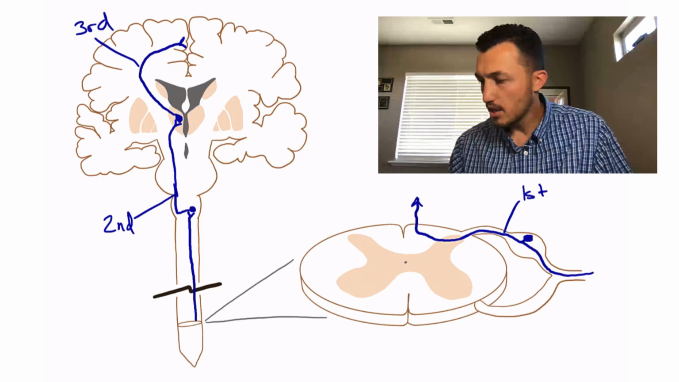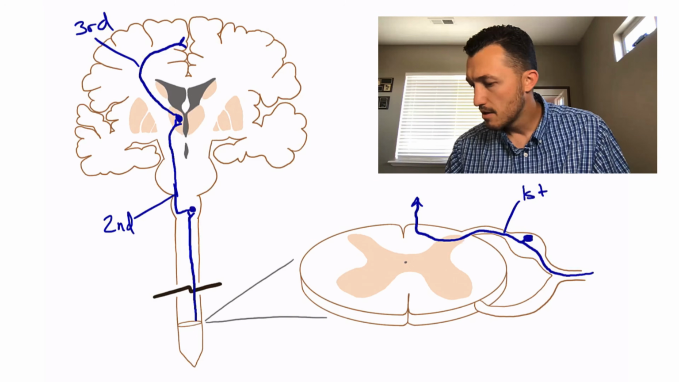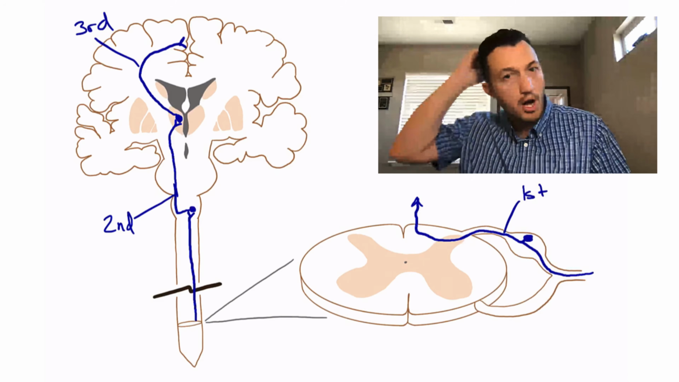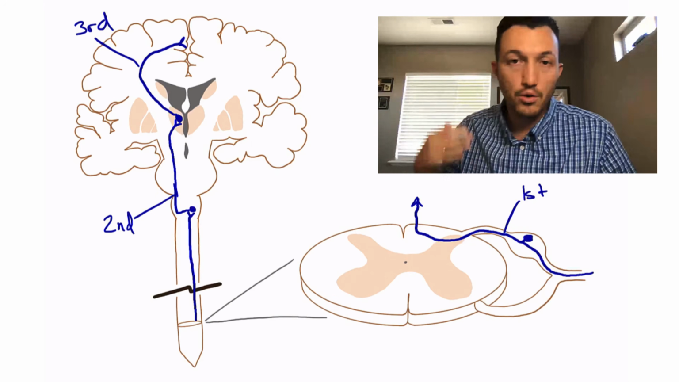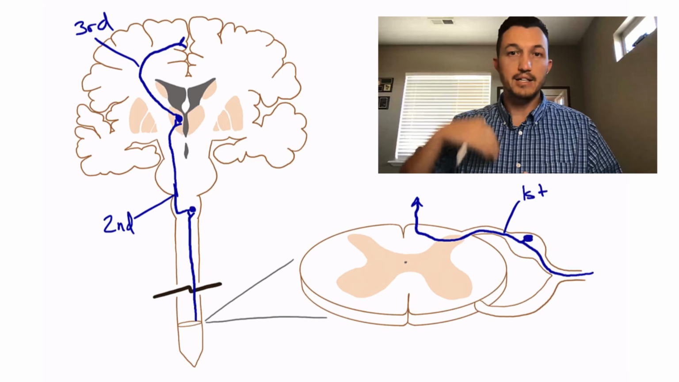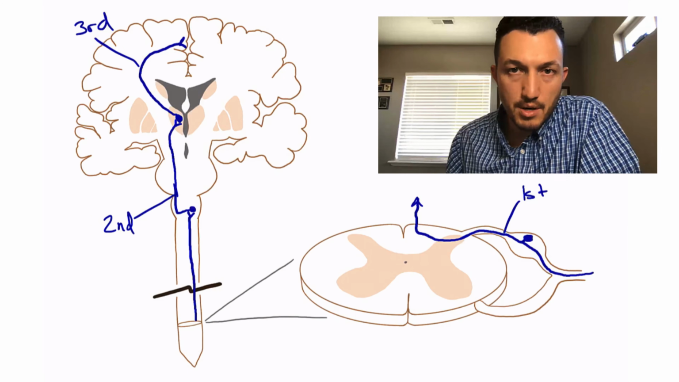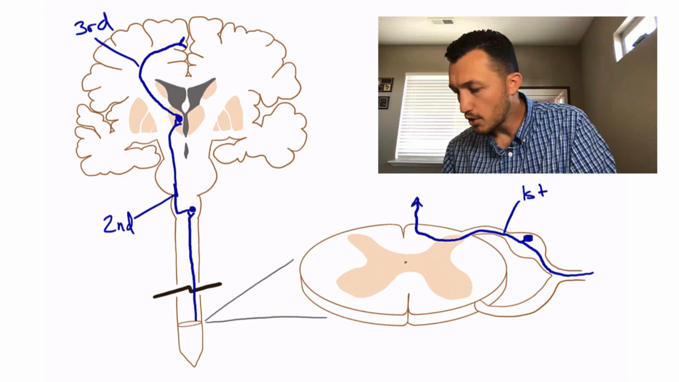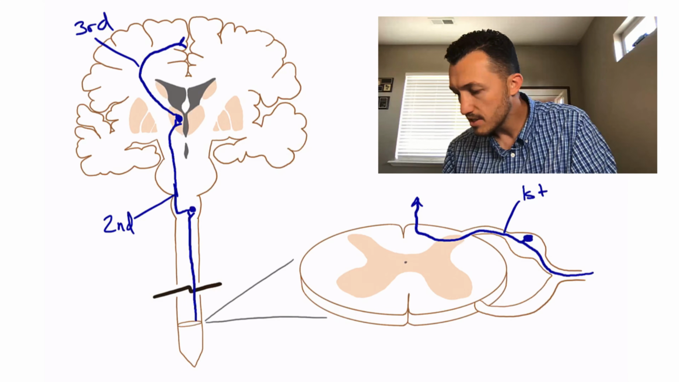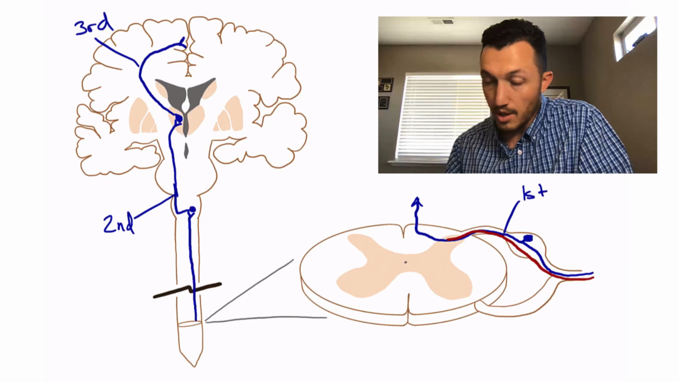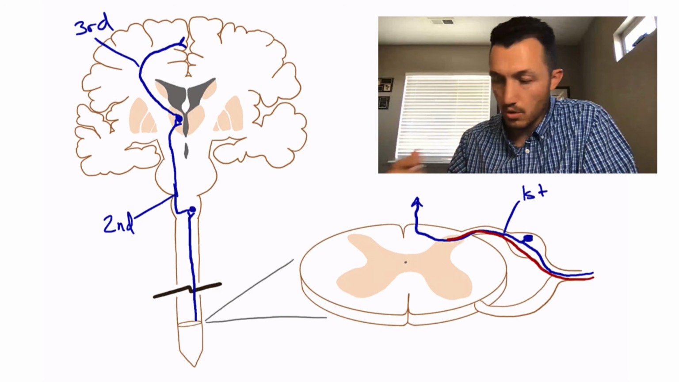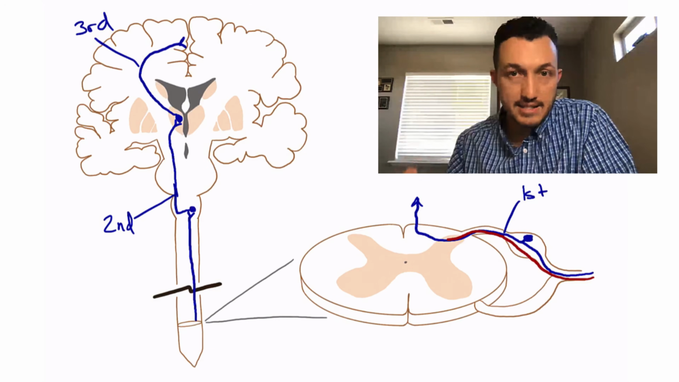So let me go ahead and change colors. And we're going to go ahead and draw now the spinothalamic pathway going from spine to thalamus. So this is our other main sensory pathway. Now, first order neuron for this pathway is also coming in through this dorsal root, through the dorsal pathway. So coming in the spinal nerve, coming in through the dorsal root into the back side of the spinal cord